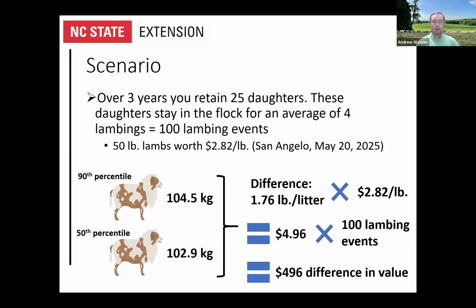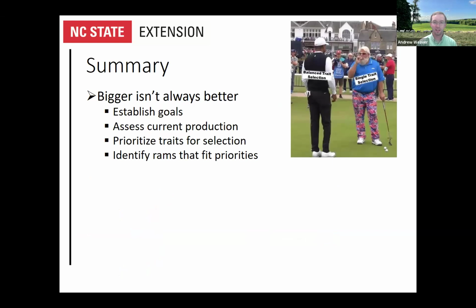And so there's certainly economic components to this, right? I'm not here to say maximize everything, but we need to think about our individual flocks and what our goals are and optimize our EBVs for our scenario. And so in summary, like I said, bigger isn't always better. We need to think about our individual flocks. Your goals are going to be different than my goals. But we need to determine what those goals are. We need to assess our current level of production. What are we doing good at right now versus where are opportunities